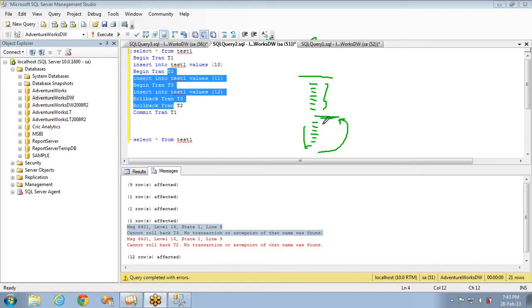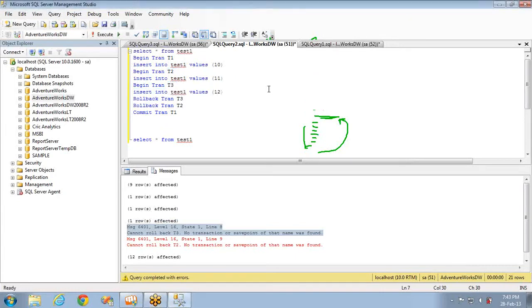So that is the advantage of a save point. Generally people use save points if they feel some data is good, if it is inserting or updating properly, then you can save up to that point, and then you can roll back if any error comes after that. You can roll back up to the saved point. Now let's see an example for the save points.